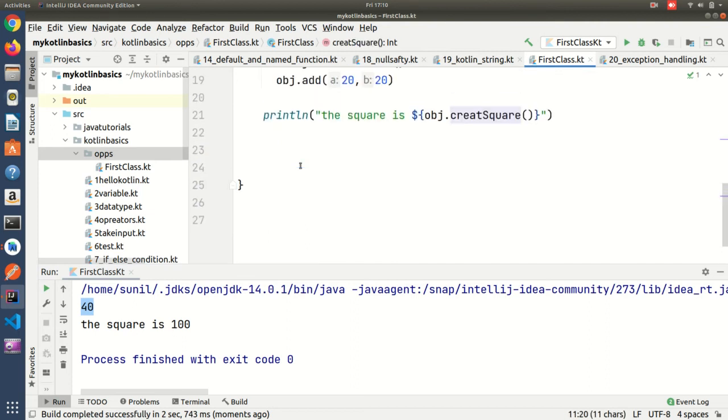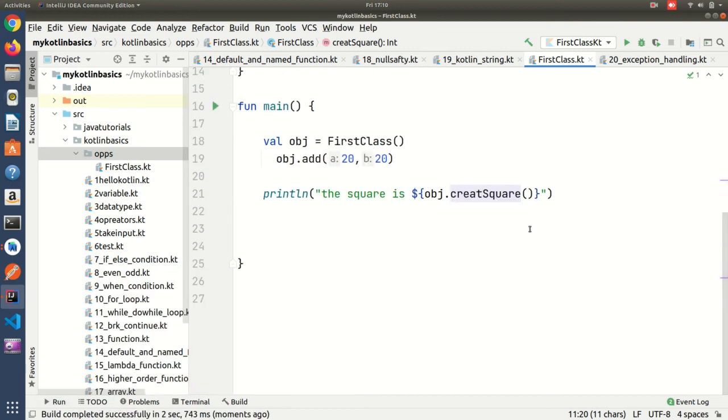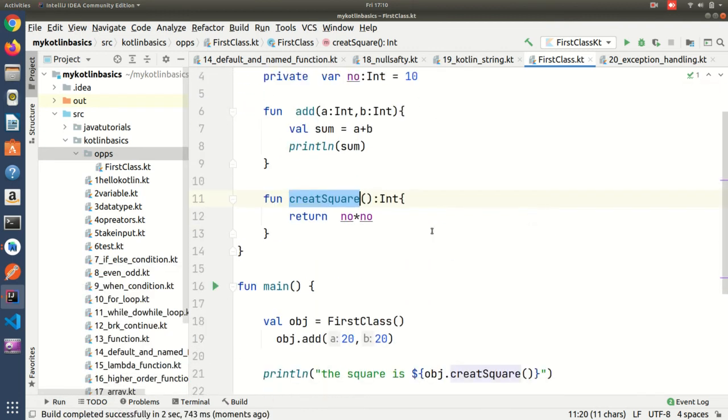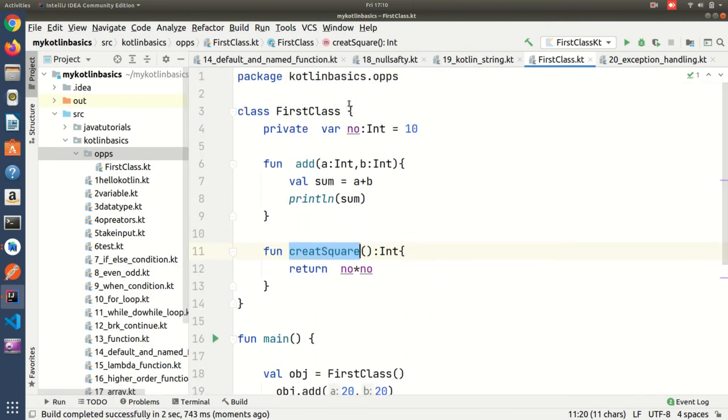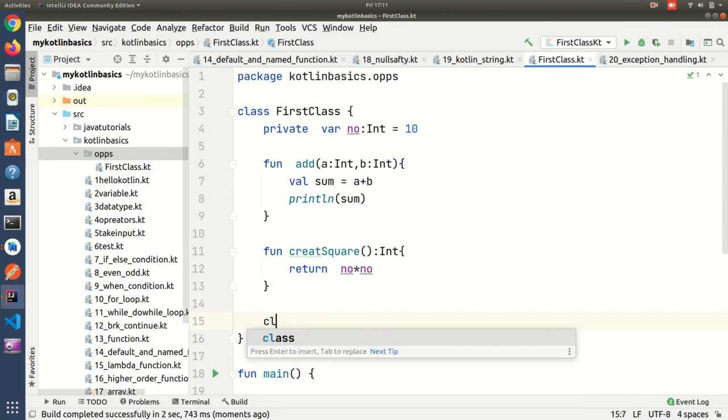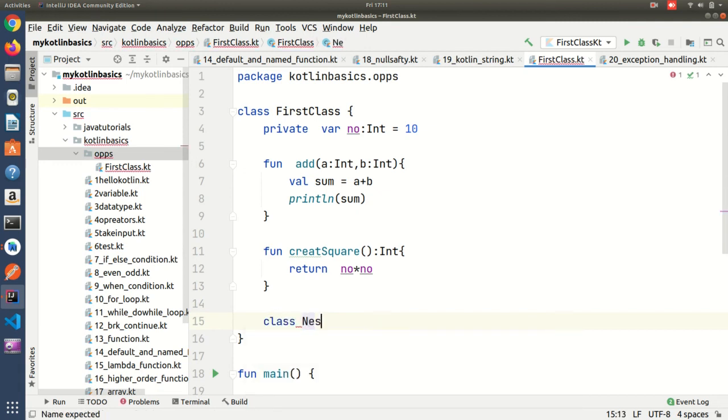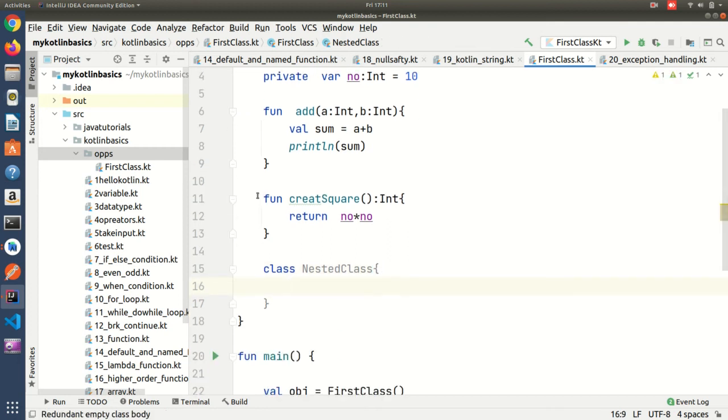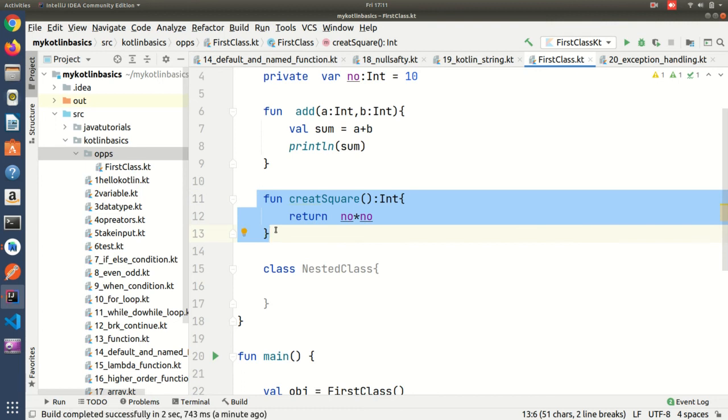Okay, and a nested class you can also create. Suppose nested means inside a class. This is one class, here it's getting closed. Here I wanted to create one more class, a nested class. I'll write nested class, and here I am going to add this function.